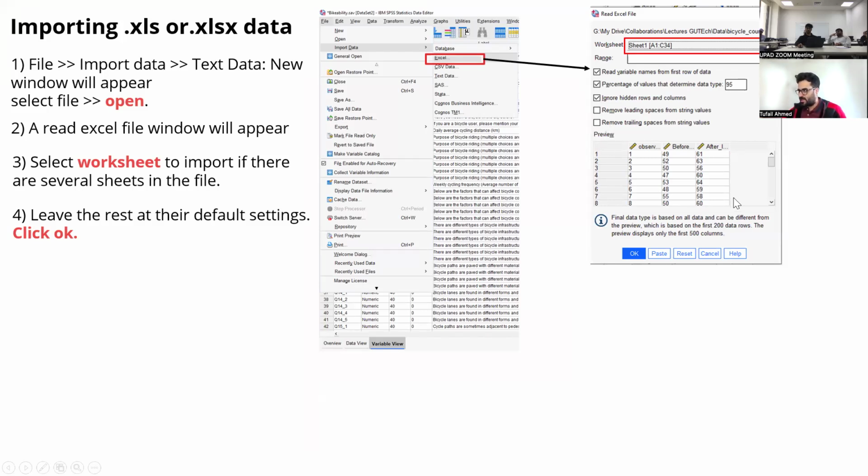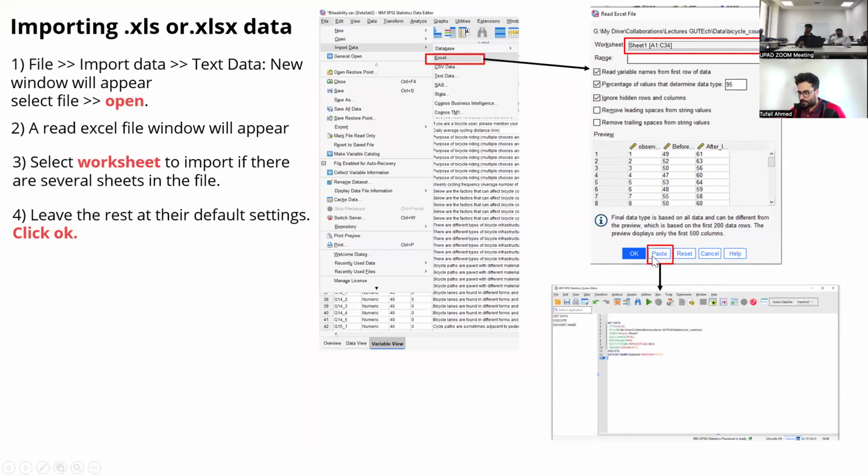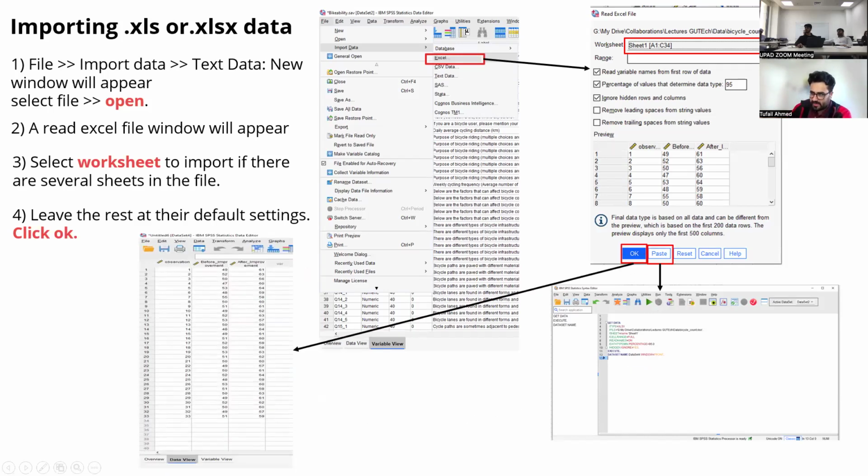Here you will have a preview of what your data looks like, and then you click paste. As I told you, you have syntax that generates a code. Later on, if you run multiple analyses, you make a code of it, and if you somehow lose your data and you have the original file, you can run this and you will have the things that you wanted. You can just click run and you will have everything again. So just don't be confused by it, I will show it in practical. But if we click paste, your new data will appear.